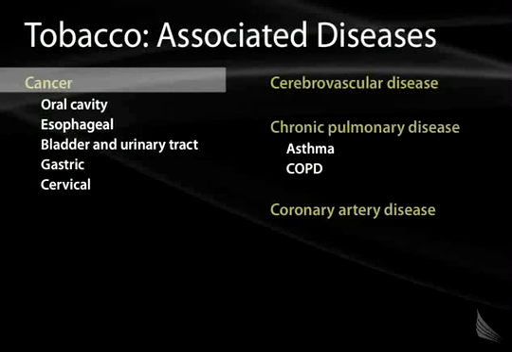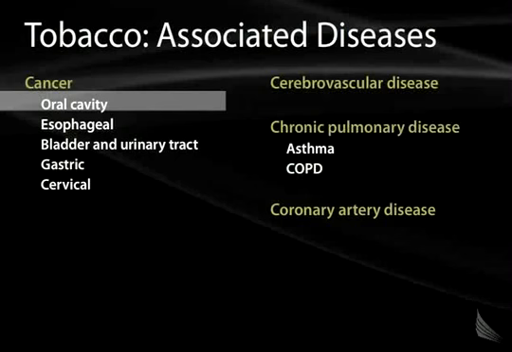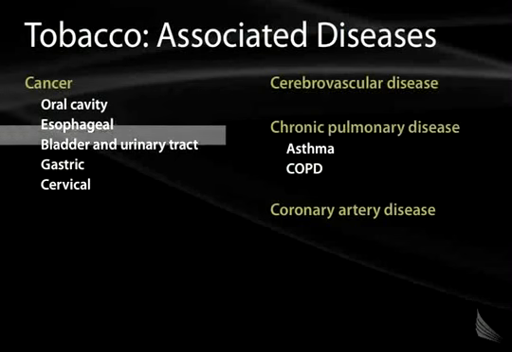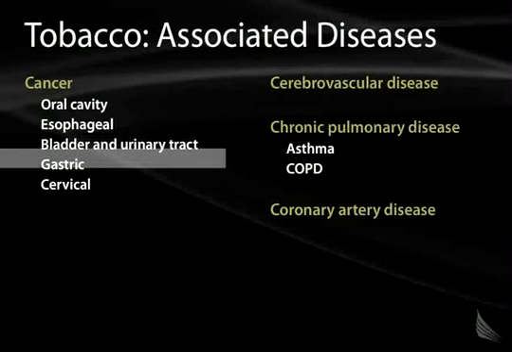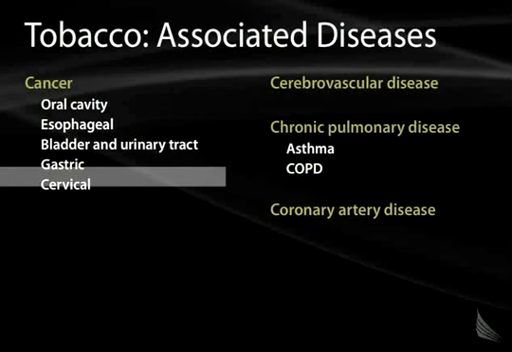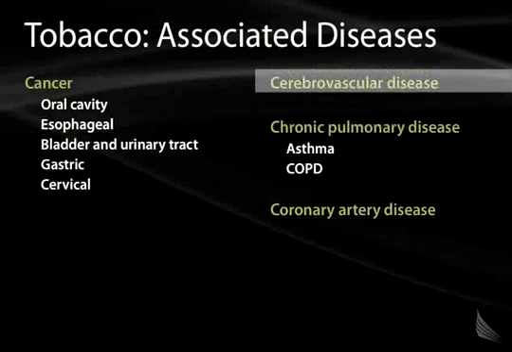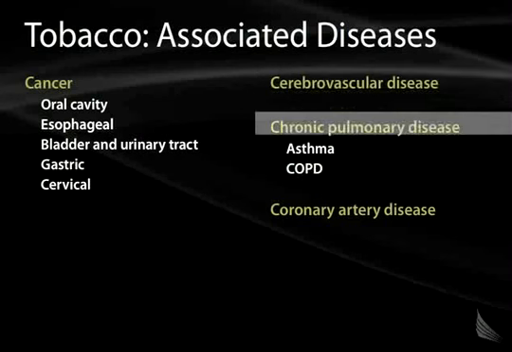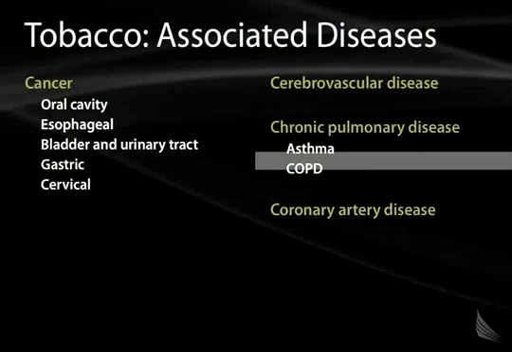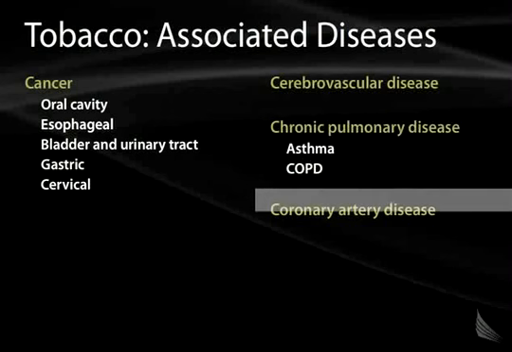It is now recognized that the effects of tobacco are involved in the etiology of numerous cancers, including other cancers of the head and neck and oral cavity, laryngeal cancer, esophageal cancer, bladder and urinary tract cancer, GI cancer, and potentially even cervical cancer. Tobacco also has adverse effects on the cerebral vasculature, and of course is involved in the development of chronic pulmonary disease, including asthma and COPD. It also has an adverse effect on the heart with the development of coronary artery disease in people who abuse